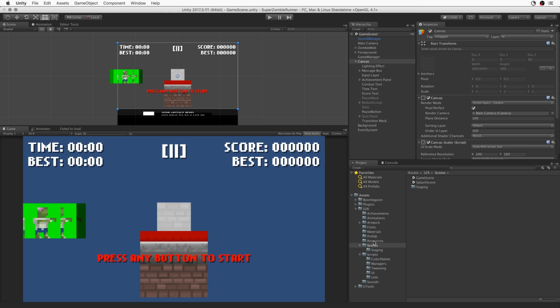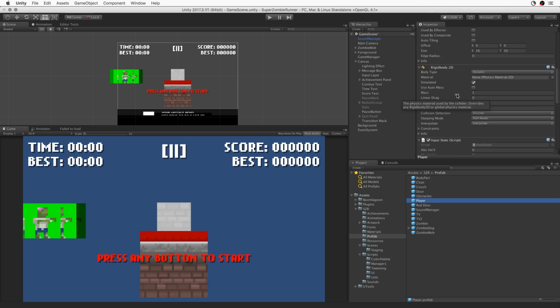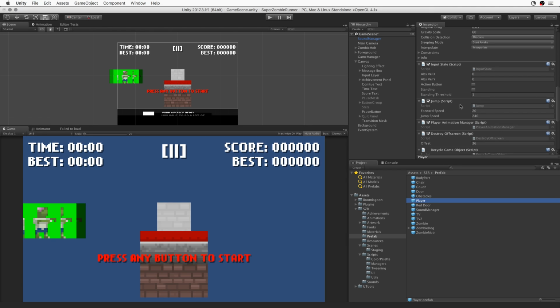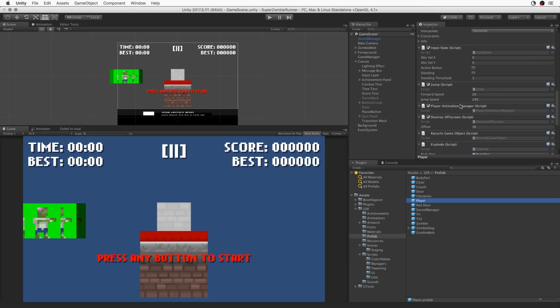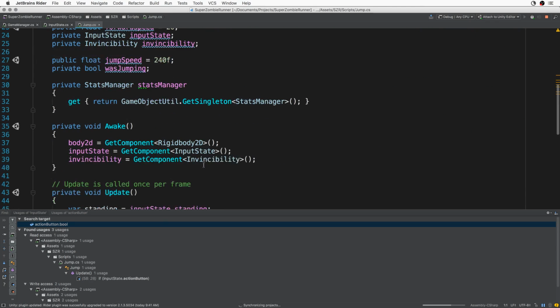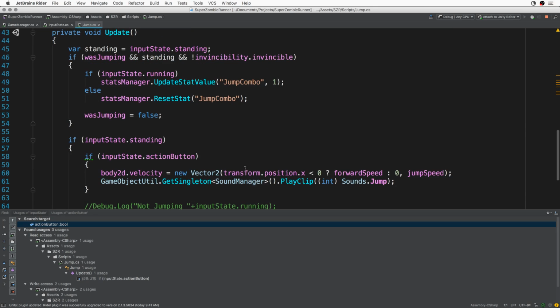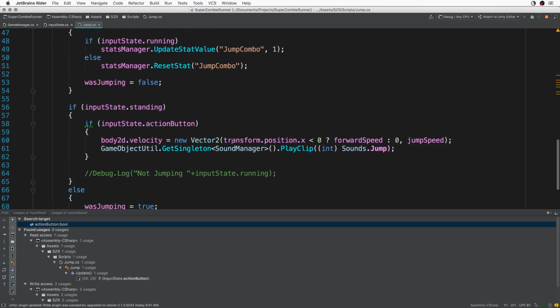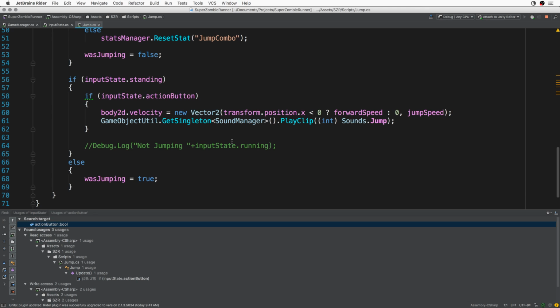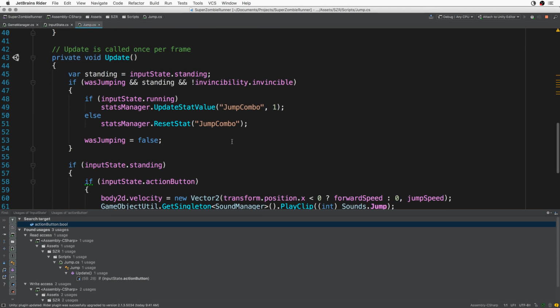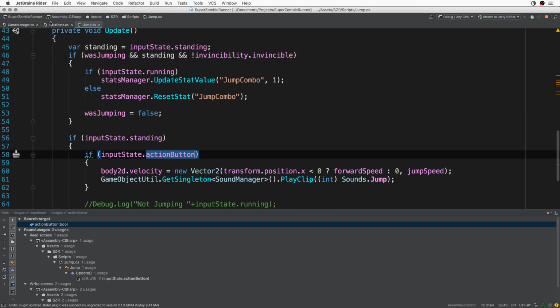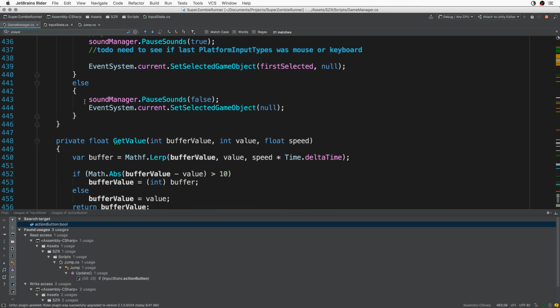Project, prefab player. This has an input state jump. If input state but action button, so this is looking at this. So